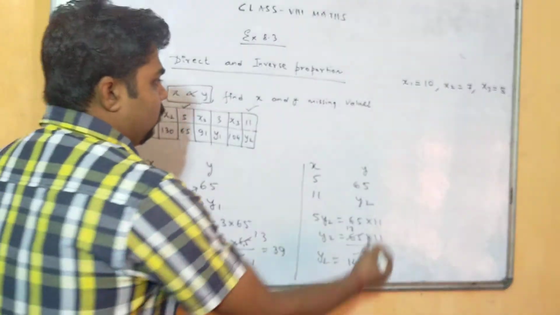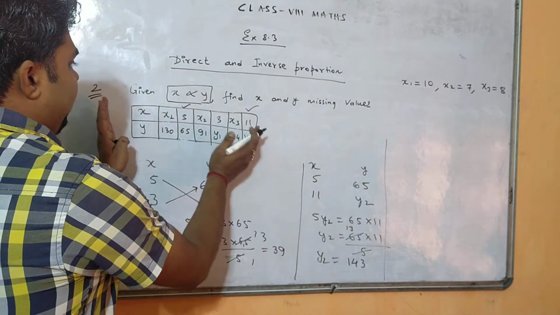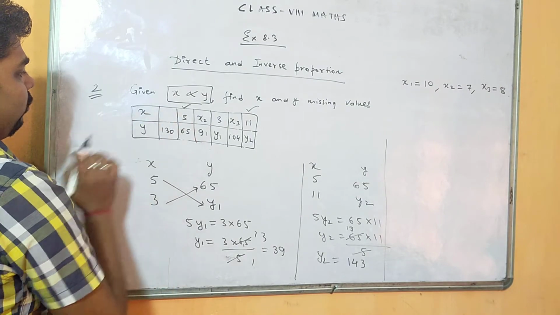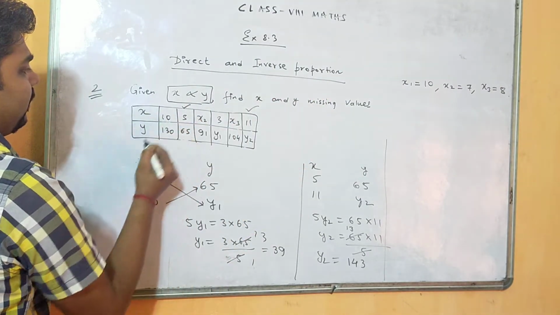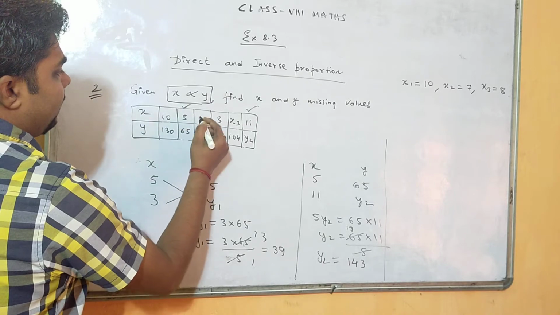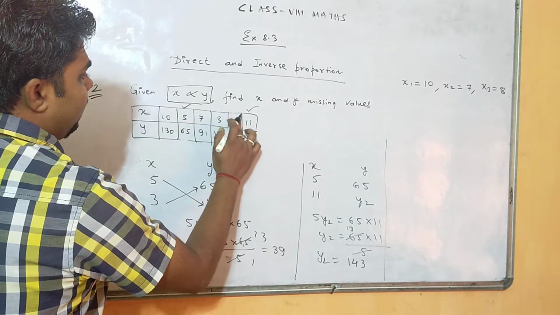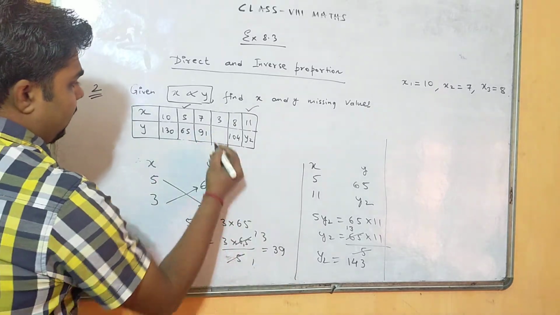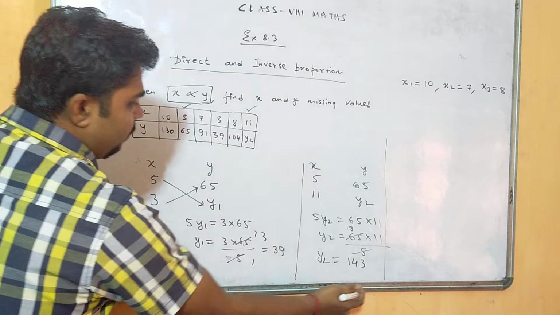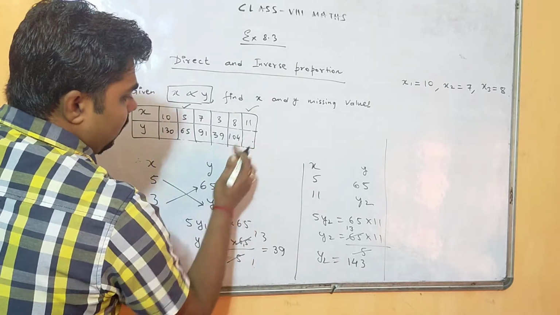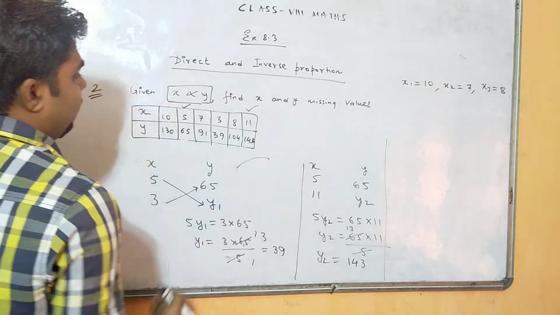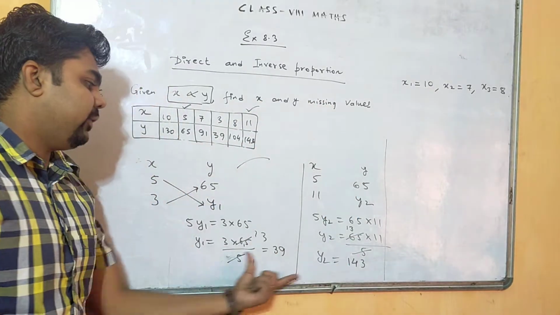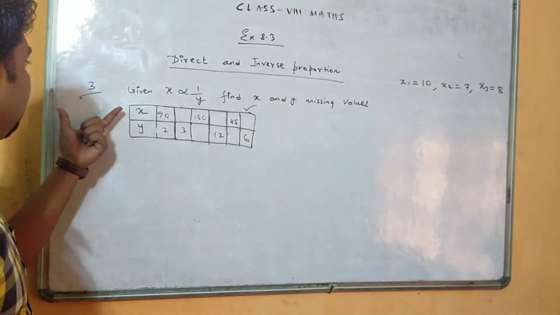So these are the answers. So at last how are we going to write this? We will write the same chart again, and in that chart we will substitute the values. x1, how much did you get? 10, right? In place of x2 what will I write? 7. And in x3 I will write 8. What is the value of y1 here? 39. And what is the value of y2? That is 143. So this is our answer. So like this chart again at last we will make, and we will substitute the values of x1, x2, x3, y1 and y2.